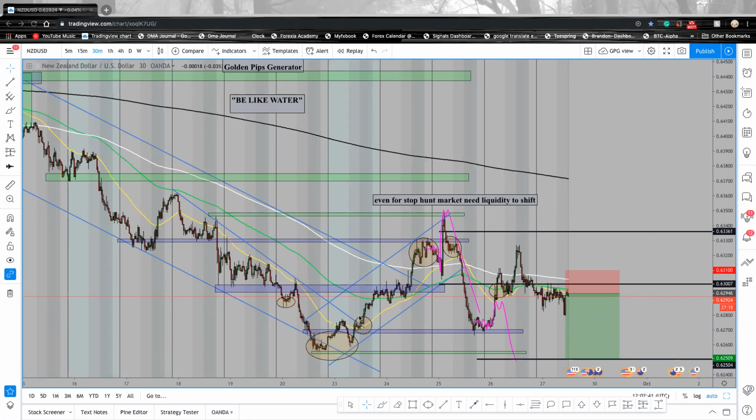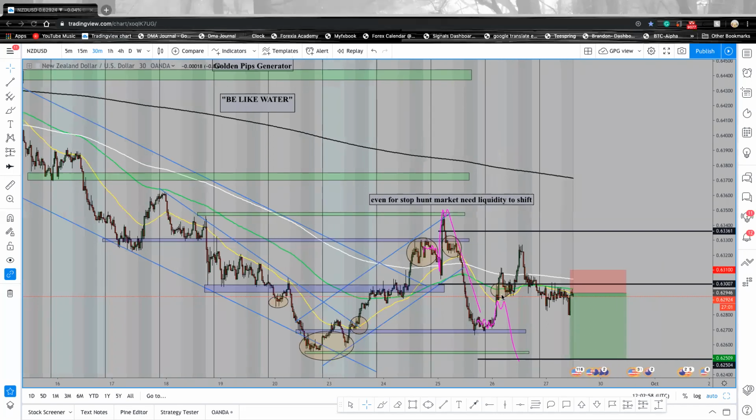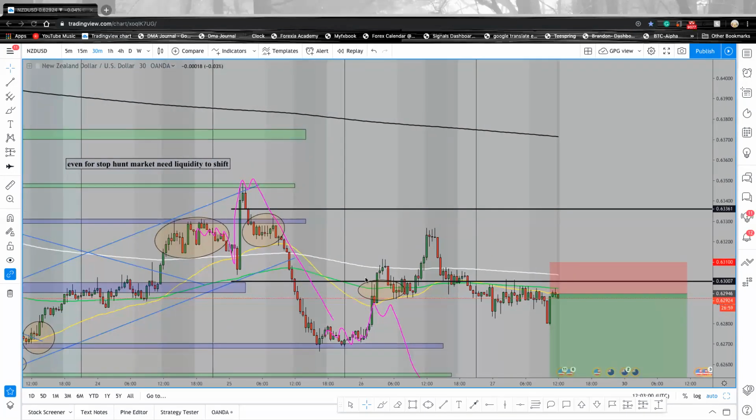Induction phase: they broke the DMAs, came back below. We predicted this news and then it ended up being a daily structure. So I was waiting for another daily structure, but didn't get the nice price action. I was ready around here, but didn't get the price action, so they stop hunted more and then again closed